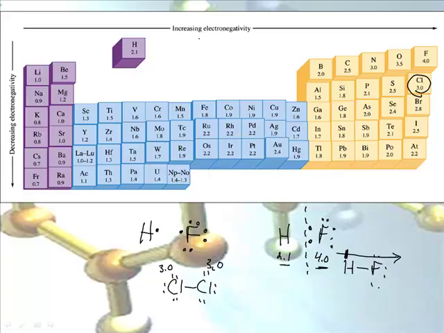Now, let's talk about the trend on electronegativity. As you go across, they get larger, so that makes fluorine the highest one, and as you go down, as you can see here on the side here, they go decreasing. So the lowest one is francium, and the highest is fluorine. So that's how you can know that. And it's really because the fluorine wants the electrons the most, and it also comes back to the size. The size makes a big difference.